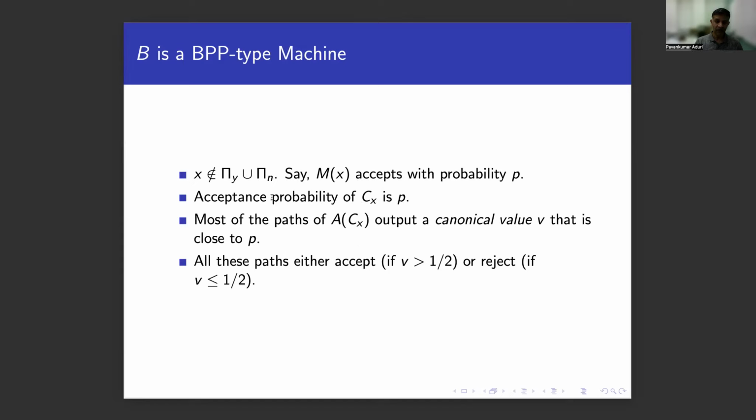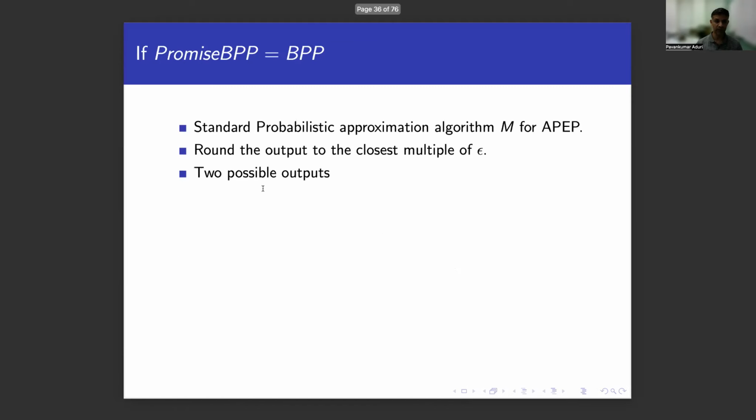than half. So even on these inputs where the promise does not hold, my algorithm is going to either accept with probability more than 2/3 or reject with probability more than 2/3. So that means this B has a BPP type behavior. So the language accepted by B is a solution to this promise problem. Okay. On the other hand, suppose promise BPP equals BPP. Now the goal is to design a pseudodeterministic